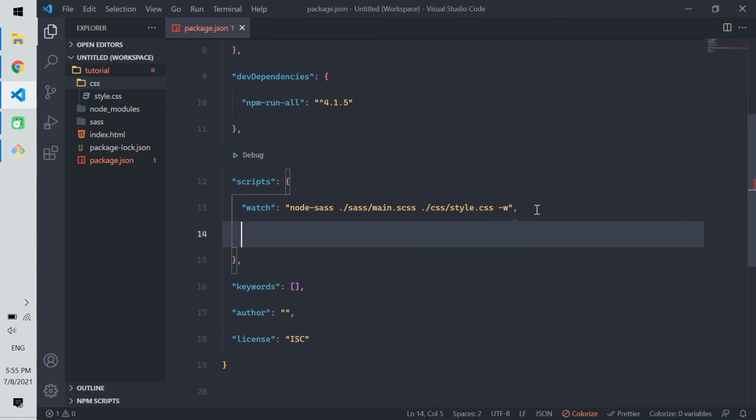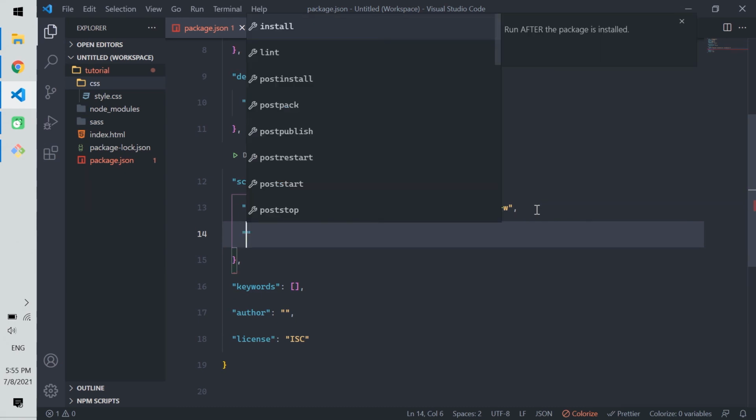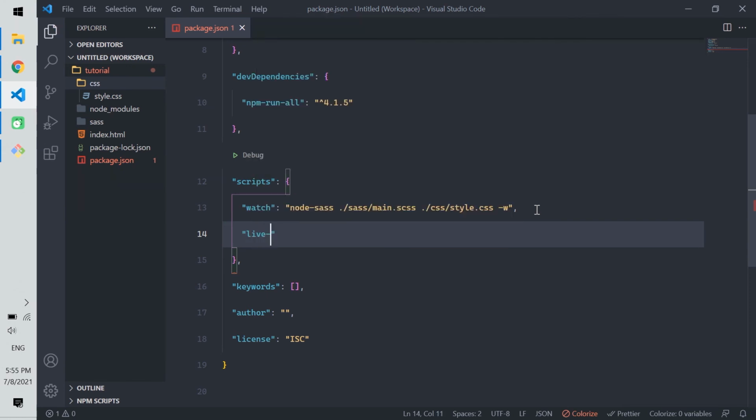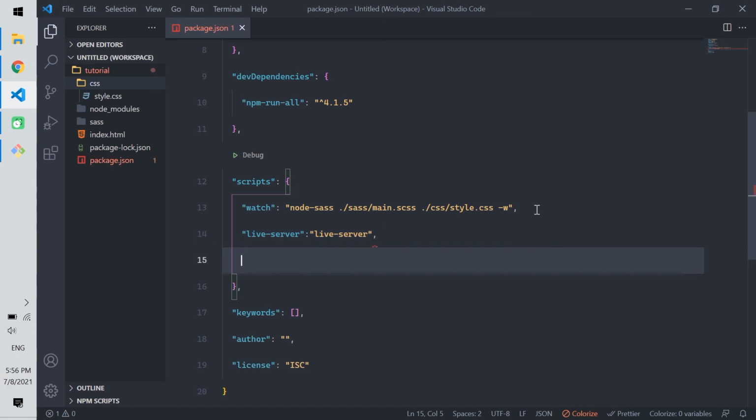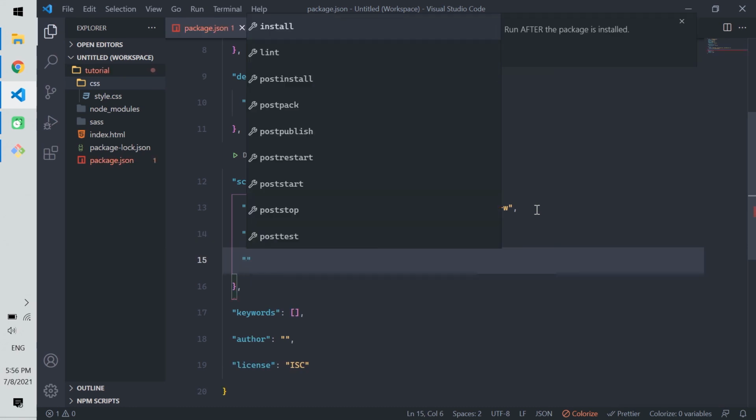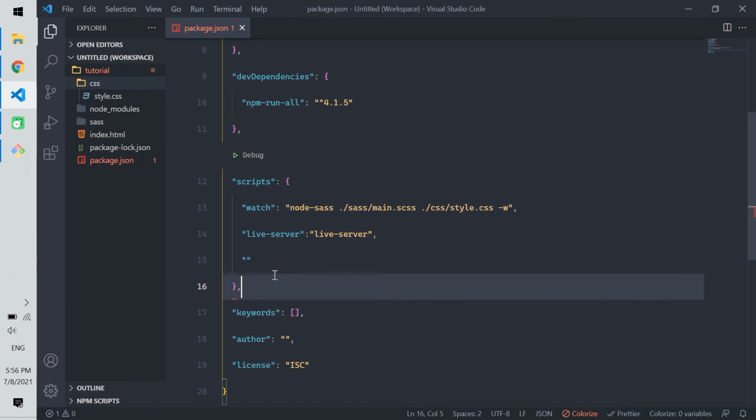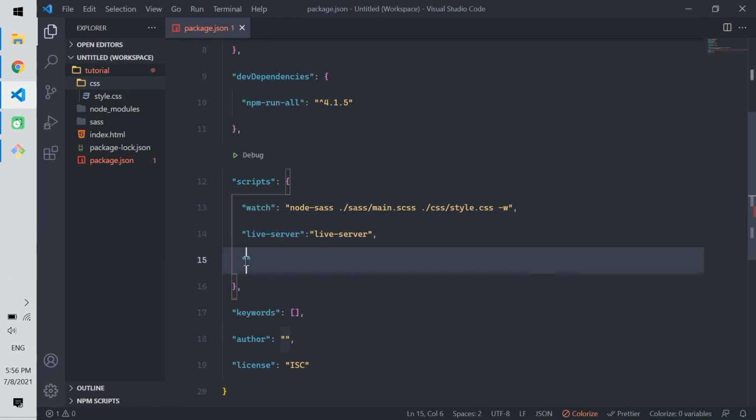So if I go to the next line, we are going to type our live server command. I mostly call it live server. You can type whatever you want. And in here we are going to type only our single command, which is live-server. And then the next one is the last command. The last command, as I showed you in the beginning of the video, stands for the one last command that we are going to run. I mostly type it as start,